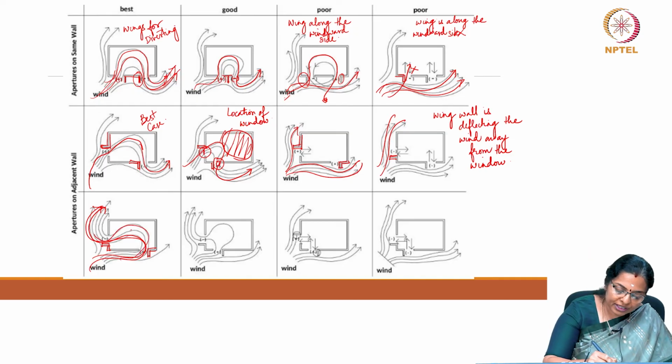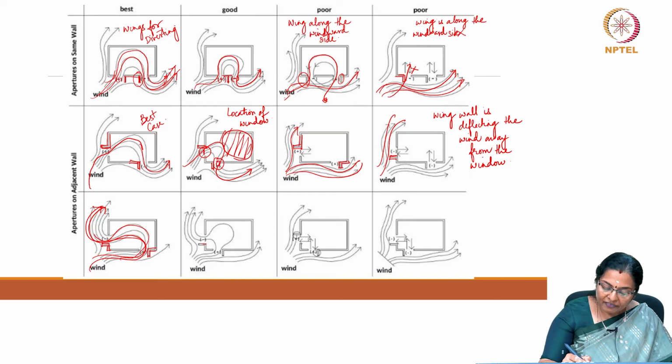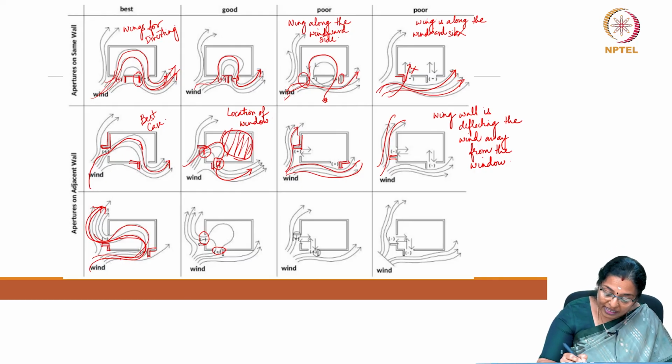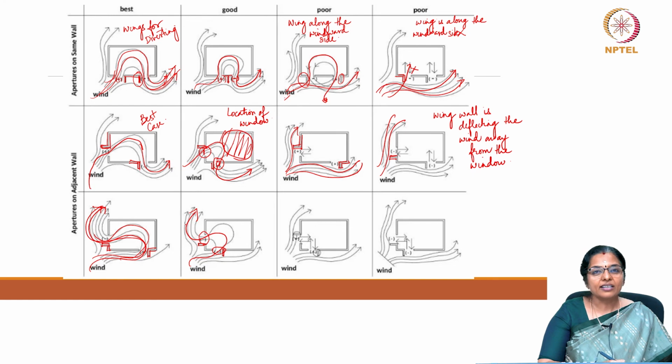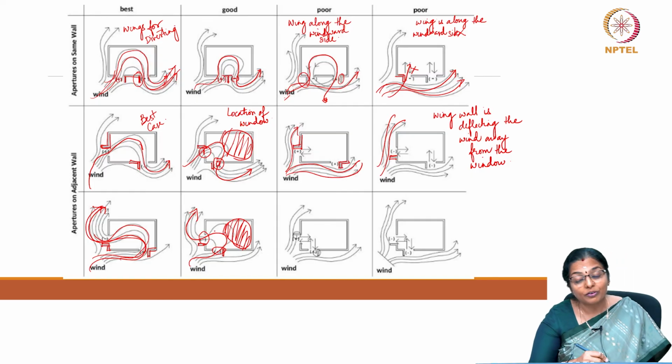Due to the position, most of the room gets covered in ventilation. When you have apertures which are closer to each other but along adjacent walls, and you have wing walls which deflect and encourage breeze movement, it is a good strategy,